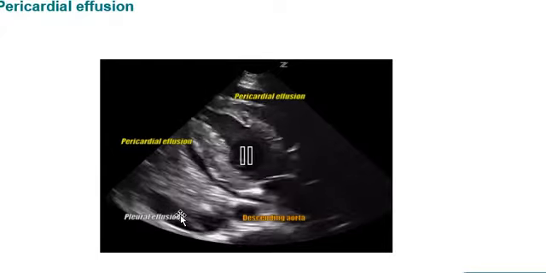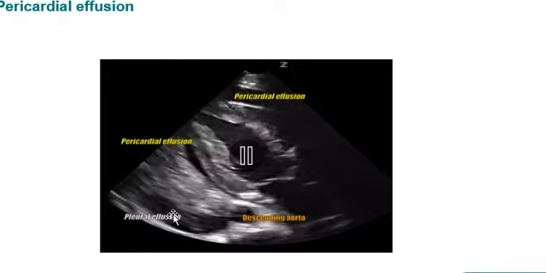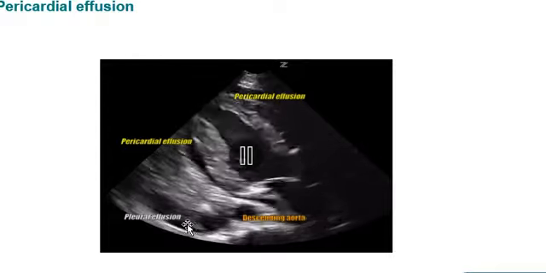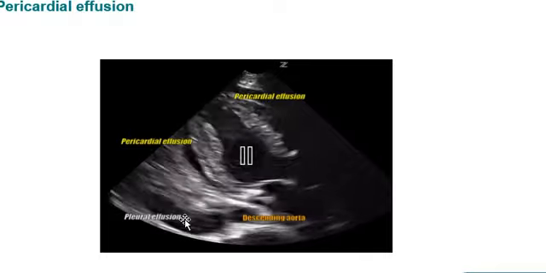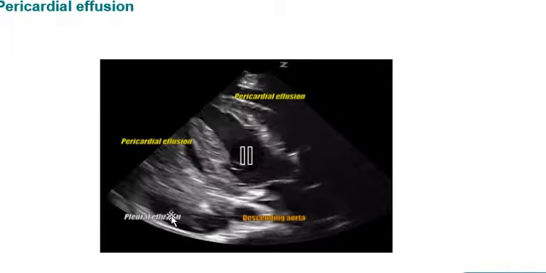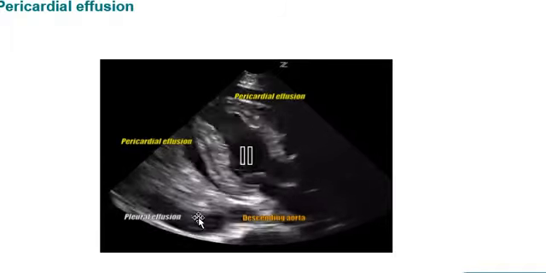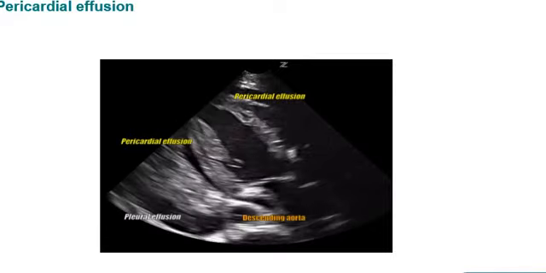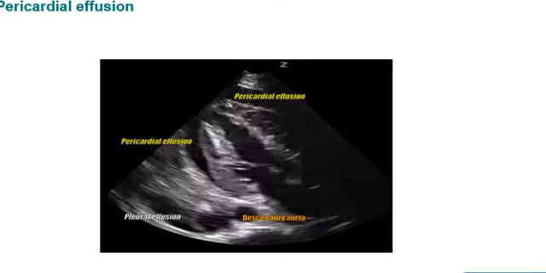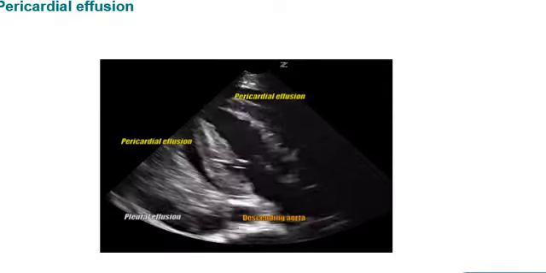Sometimes we can see below the pericardial effusion there is another area, a hypoechoic area, which is called the pleural effusion also. Usually the fluid looks dark or black on the echo, and this is the descending thoracic aorta. So these are the different views or abnormalities you can usually encounter in the plax view, and in a subsequent lecture we are going to discuss the parasternal short axis view. Thank you.